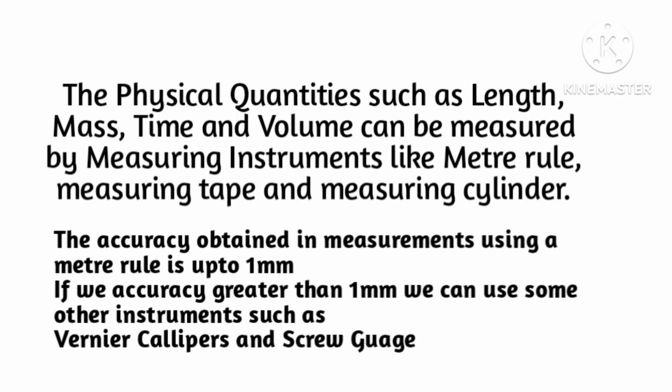The physical quantities such as length, mass, time and volume can be measured by measuring instruments such as meter rule, measuring tape and measuring cylinder. The accuracy obtained in measurement using a meter rule is up to 1 millimeter. If we want accuracy greater than 1 millimeter, we can use other instruments such as Vernier caliper or